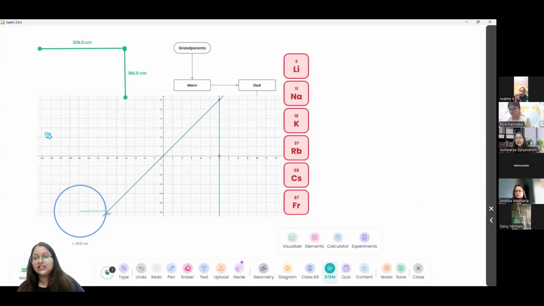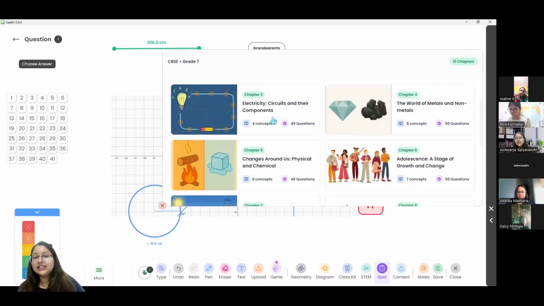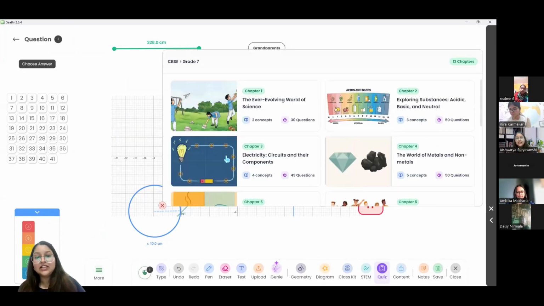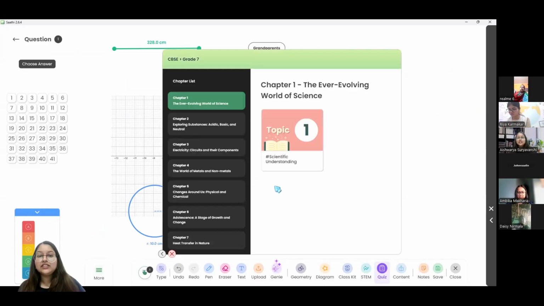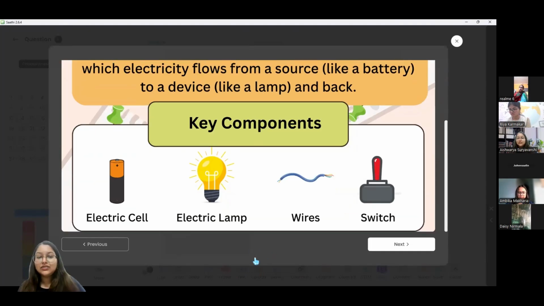All these features we have added here. Quiz is something which you already know. You can play a quiz if you drag and drop the quizzes on the screen. Content will be the existing content that you see under the library. Similar content will appear here. So each chapter will have its different concept cards. You can open any concept card and share it with the students.